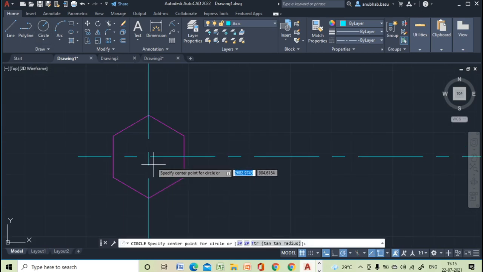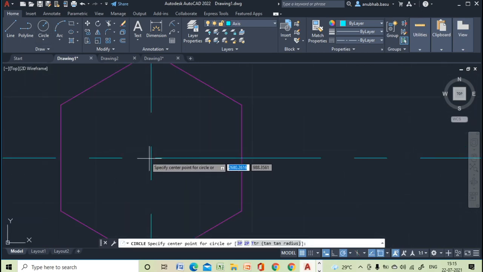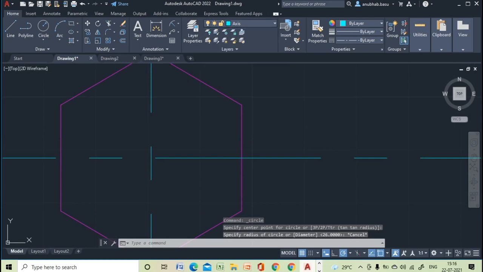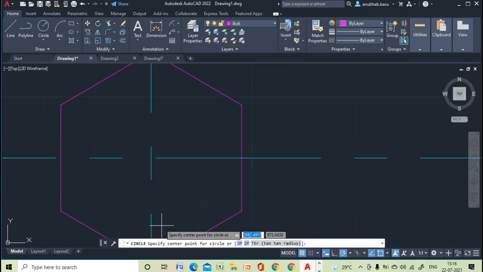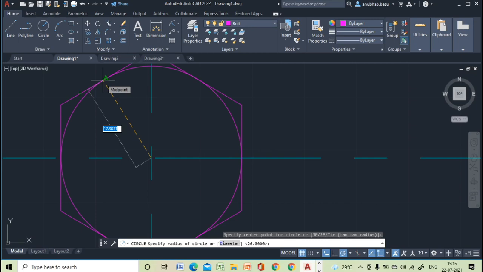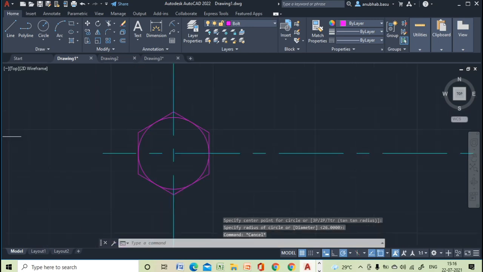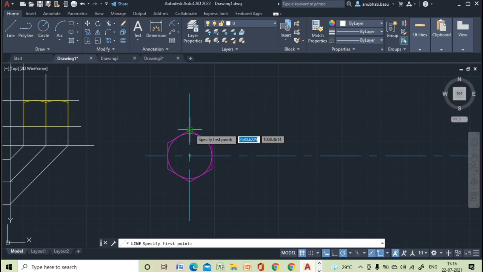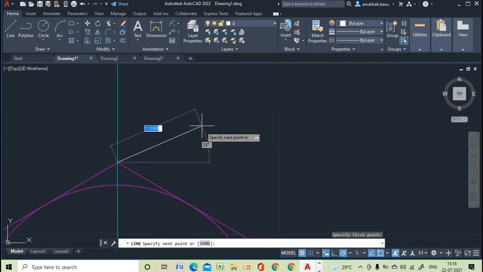Now we can draw the circle. Okay, so now we will project the points into the front view.